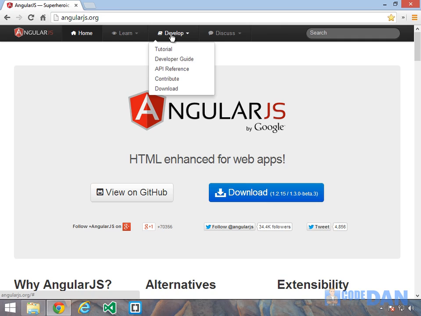So if I click on Develop, you'll see that we can get to a tutorial. There's a developer guide. This provides some articles on various topics. And then we're going to go to API reference. This is going to be the documentation that you'll pretty much live in as you work with AngularJS and are